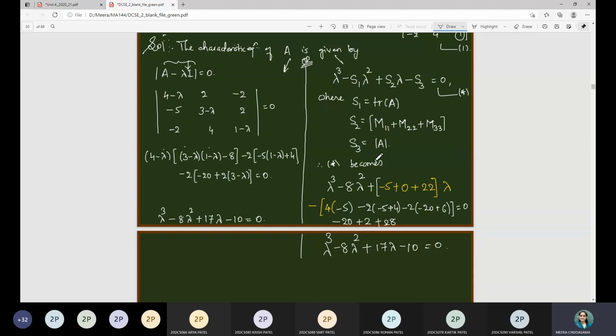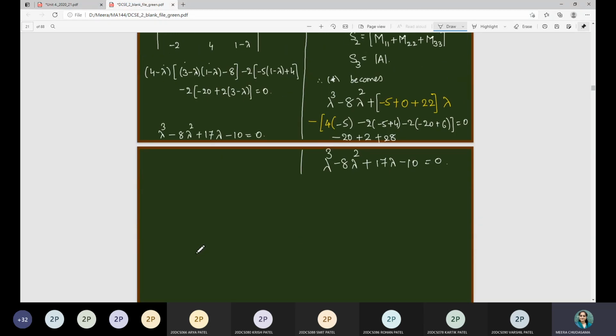We have this notion for 2 cross 2 matrices as well, but after completing this one, I will show you how to find the characteristic equation of a 2 cross 2 matrix via this method. That will become very easy. So now we have the characteristic equation of this given matrix. Let me know how many of you are getting this expression as the characteristic equation. Please raise your hand.